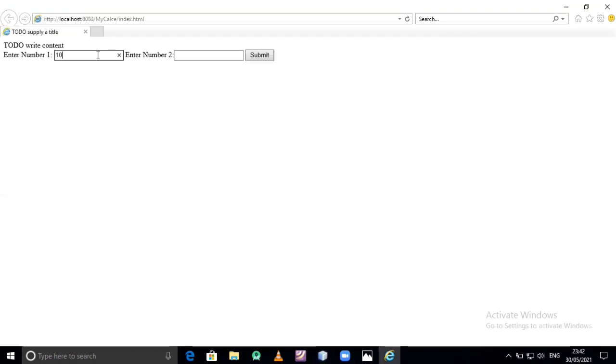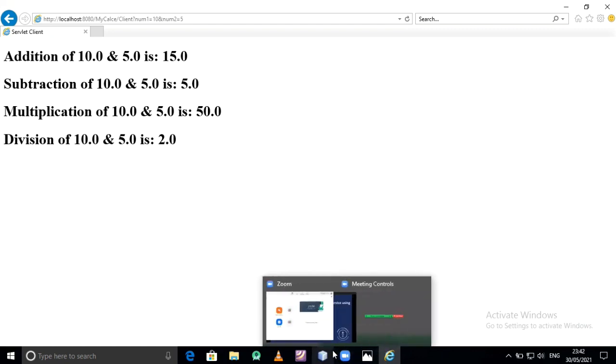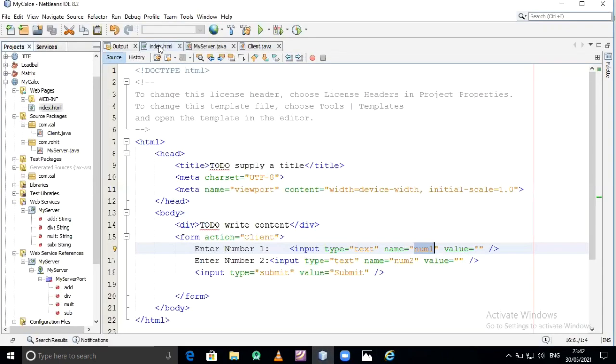Give the first number suppose 10, second number suppose 5, and just press submit. So addition of 10 and 5 is 15, subtraction 5, multiplication is 50, and 10 divided by 5 equals 2. Now we just need to update or format the index page.